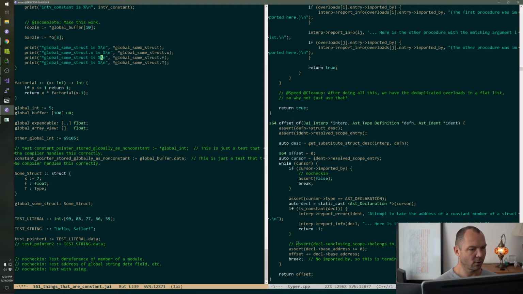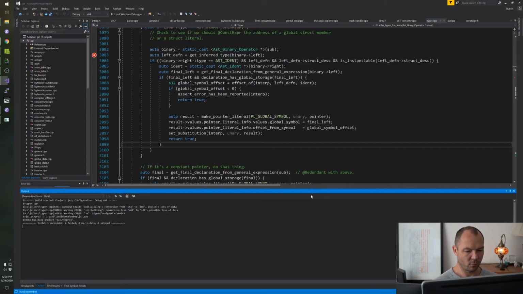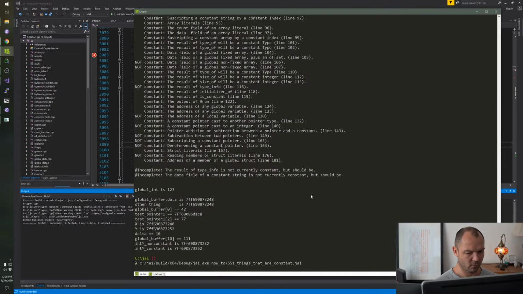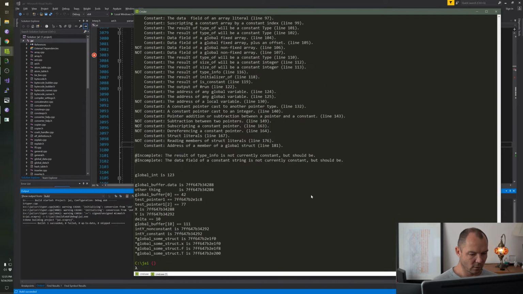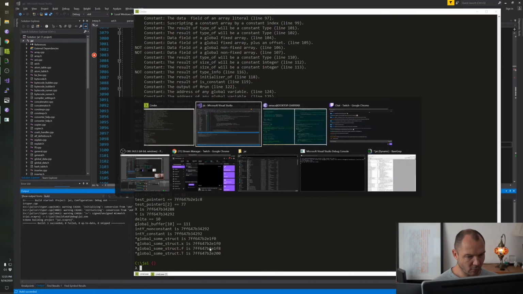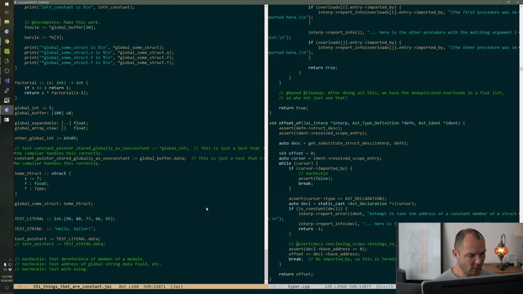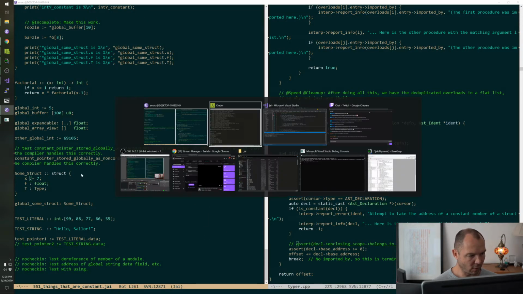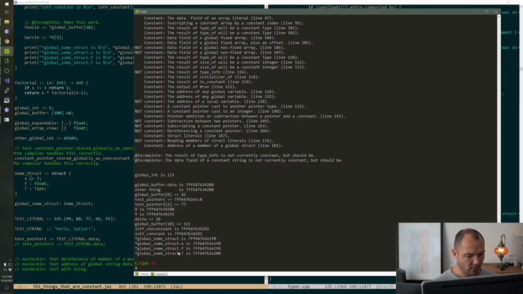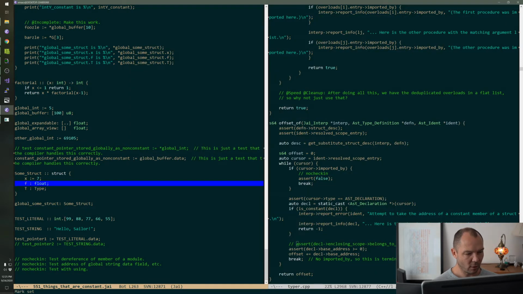Okay, .x is the same. .f is 8 bytes later, which makes sense because that's an integer, which is 8 bytes. And then .t is 8 bytes, which again makes sense. So this is 4 bytes, but then we have some padding between that and the next member. So yeah.